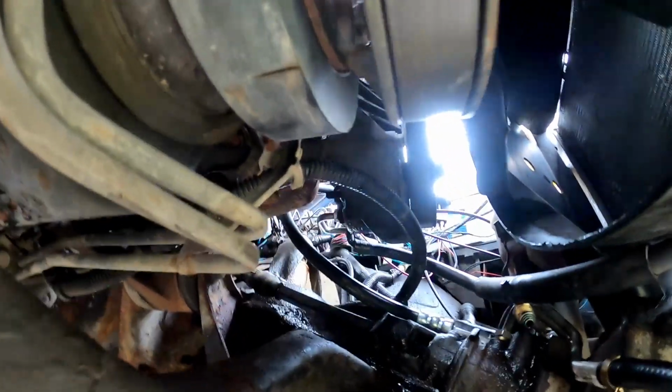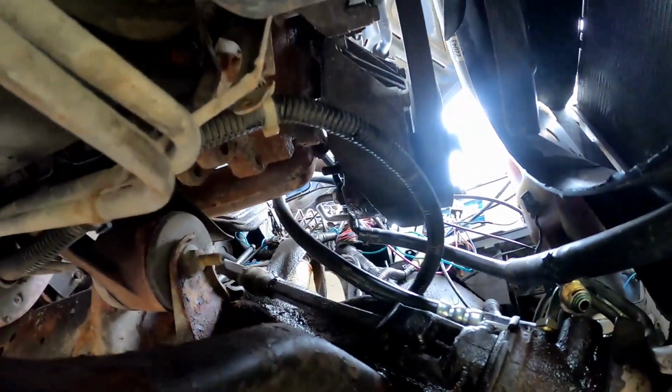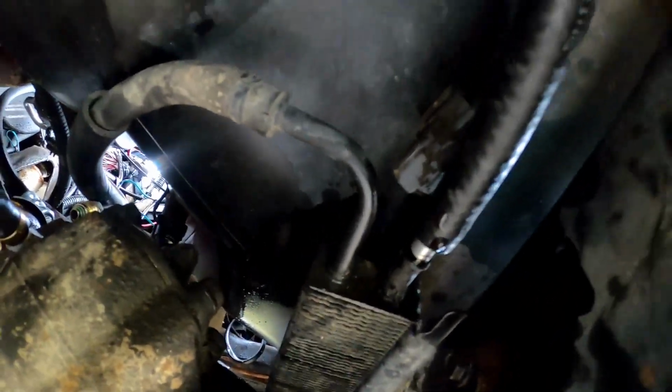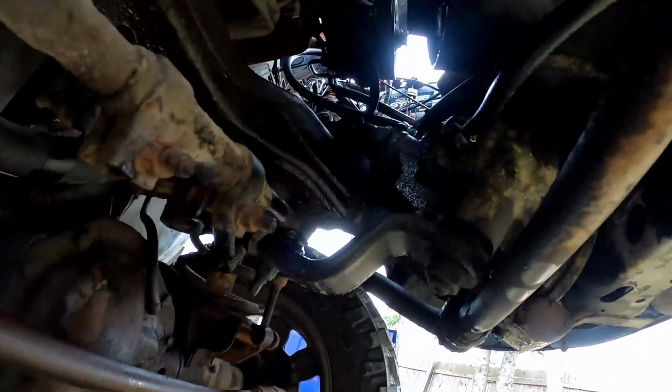So I managed to get the fitting on up there from the top. I didn't tighten it down yet because of course it's a different size than factory. Now I'm just working on getting this fitting to thread in, and then I'll be done with the hoses after I put the hose clamp here. Then we just got to fill it up and bleed it. Okay, it only took about 20 minutes and a few choice words, but we got all the fittings snugged up. Now I'm gonna refill it, bleed the system, and hopefully...